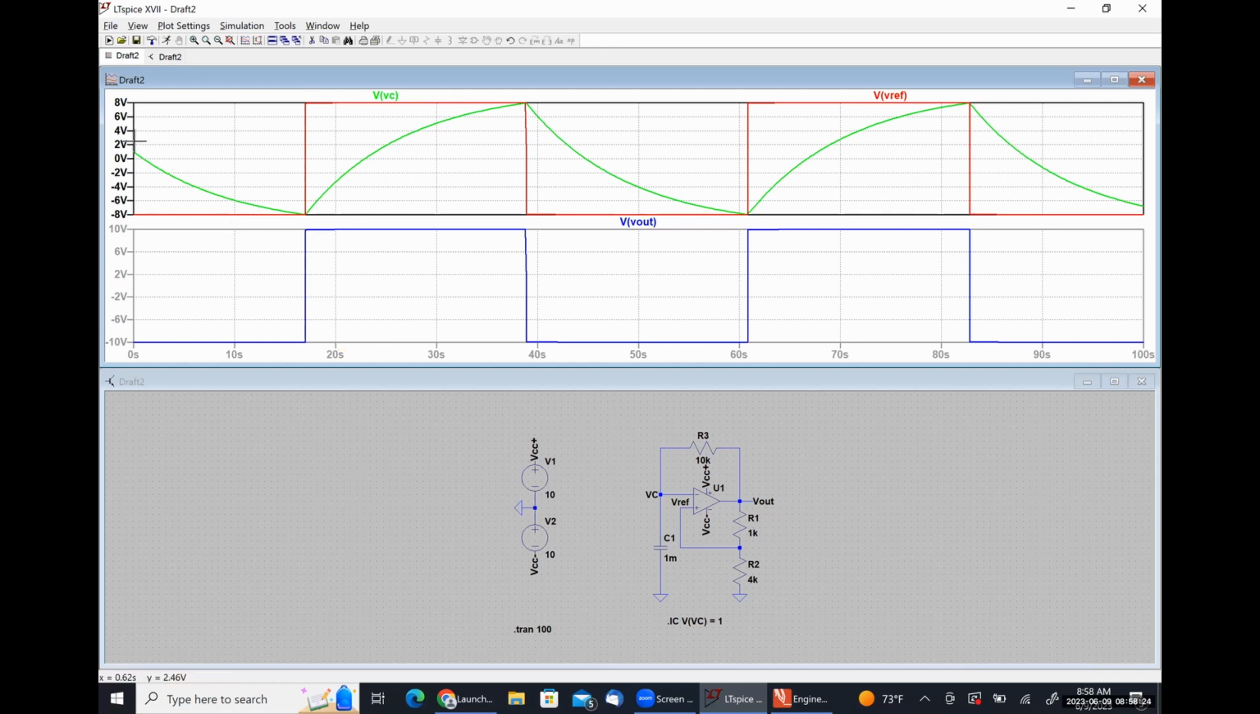But we can see that the capacitor voltage is chasing the reference voltage. And when the capacitor voltage meets the reference voltage, then our output voltage changes states and the cycle repeats. So we have developed a simple oscillator. Here it looks like, based on these component values,